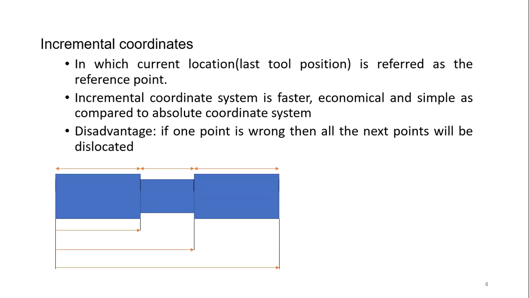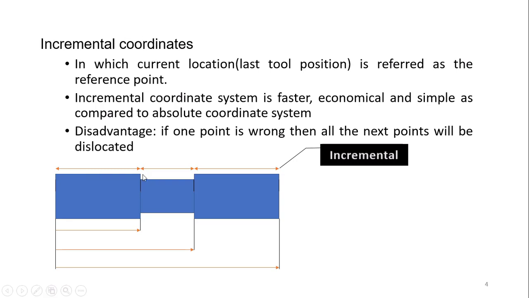Let's say this is one component in which you can see different dimensions available. Two types of dimensioning systems are available; you can see them here. On one side, these dimensions are there, and on the other side, this type of dimensions are there. In this case, which one is absolute and which one is incremental? I would say this top one is your incremental.